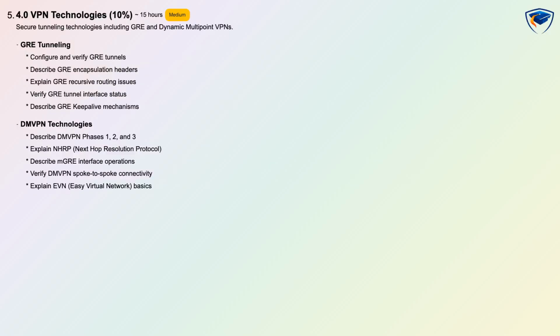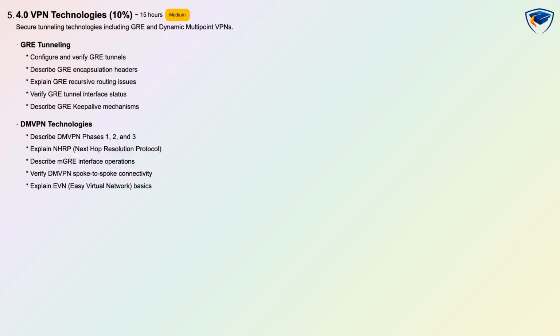Domain 4.0 VPN Technologies is 10%, medium difficulty, with 15 hours of study and scenario-based assessment items. This domain covers secure tunneling technologies including GRE and DMVPN to carry routed traffic across insecure links. You will configure and verify GRE tunnels, understand GRE encapsulation headers and recursive routing issues, and use GRE keepalive